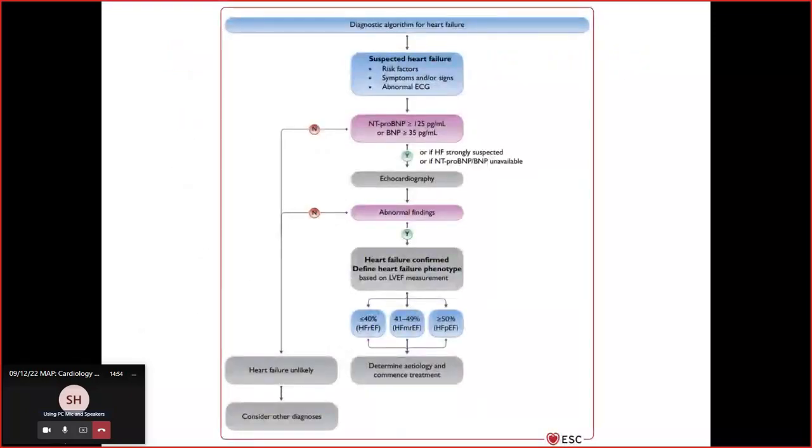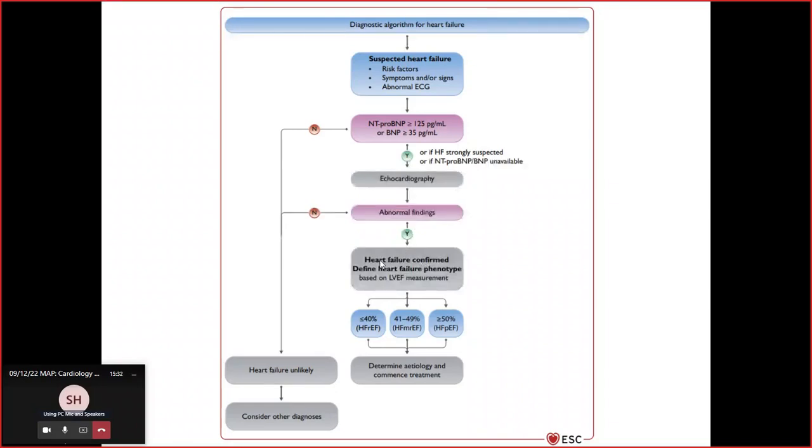So coming to the diagnostic algorithm for heart failure, it starts with clinical suspicion of heart failure symptoms, and the next step will be requesting a BNP level. If the BNP level is normal, it's highly unlikely that these symptoms are because of heart failure or fluid overload. If the BNP is high, we will proceed with echocardiogram. Of course, here within the hospital, we usually bypass this step and go directly to echocardiogram. After the echocardiogram,